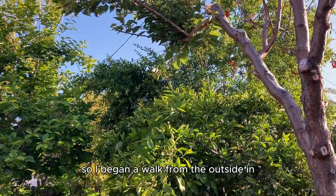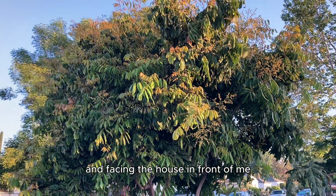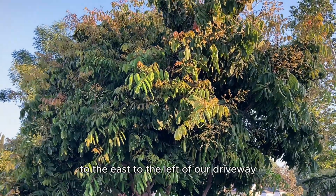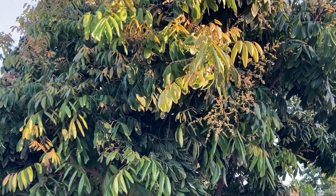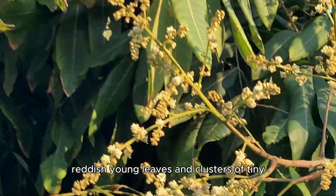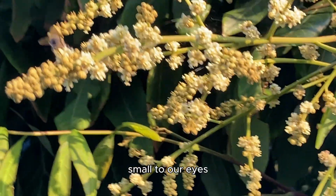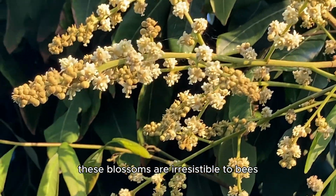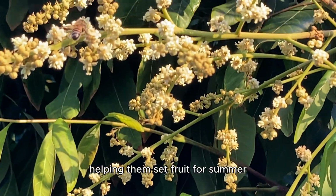So I began a walk from the outside in, standing at the entrance of our driveway and facing the house in front of me to the east. To the left of our driveway, the dragon-eye fruit tree is full of spring vigor, reddish young leaves and clusters of tiny white flowers reaching for the sun. Small to our eyes, these blossoms are irresistible to bees and hummingbirds who dance between them, helping them set fruit